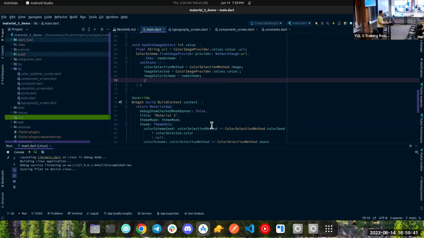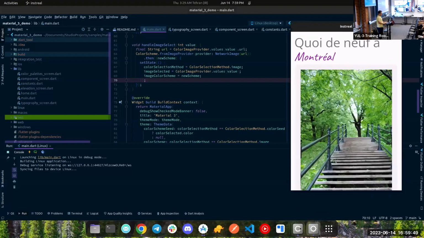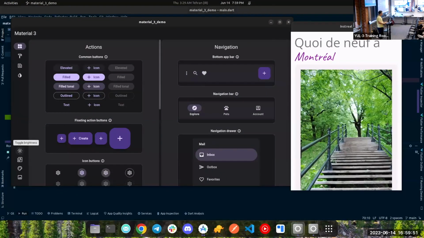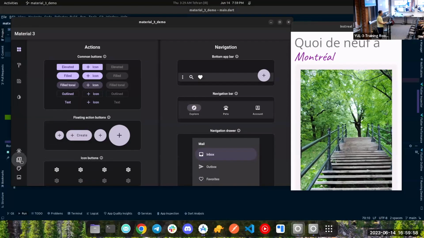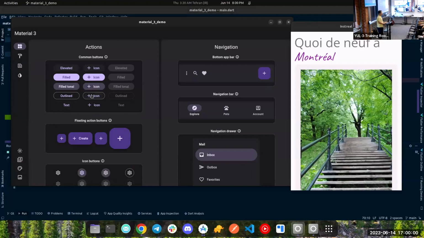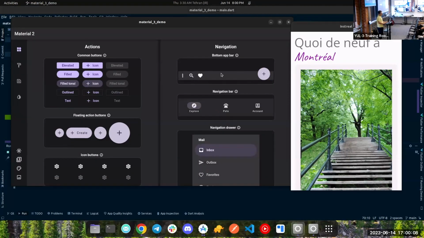That's a cool feature, yeah, because the theming before was a nightmare. It's amazing. And also many things change. If you run this project, there is Material 2 and Material 3. If you click on this, it's going to change to Material 2. You click again, it's going to change. Everything kind of changed, for example the bottom app bar. It was something else in Material 2, now it's just more